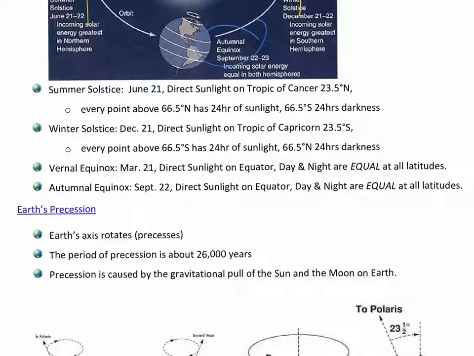As you're going through this, I'd like to point out that during the winter months, in either the northern hemisphere or the southern hemisphere, remember they're inverse. So let's talk about winter in the northern hemisphere. That falls around December 21st.